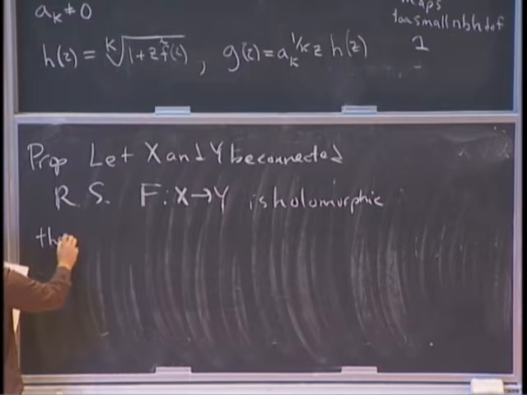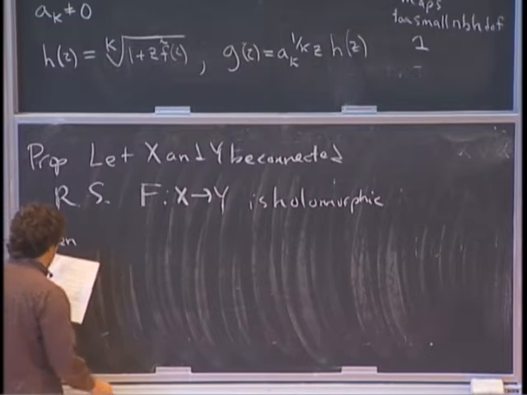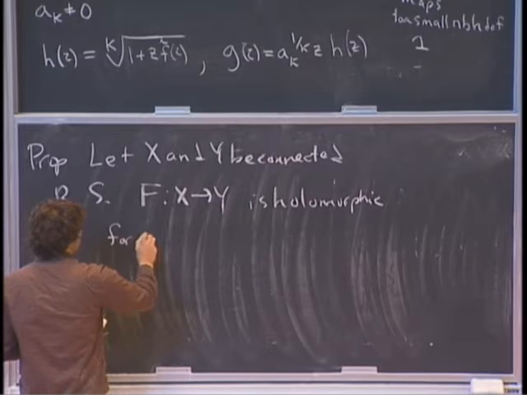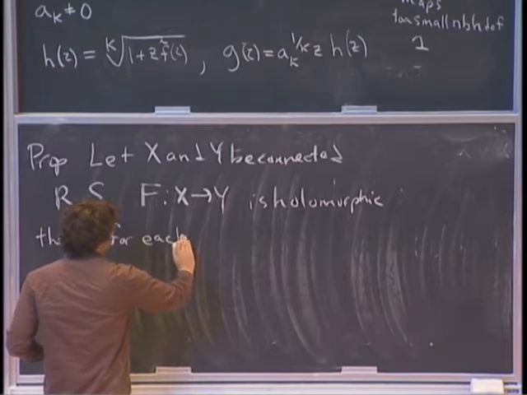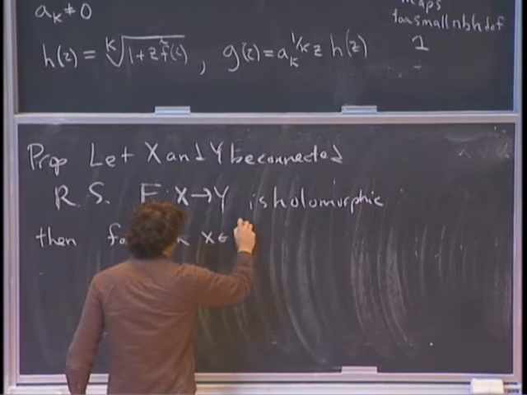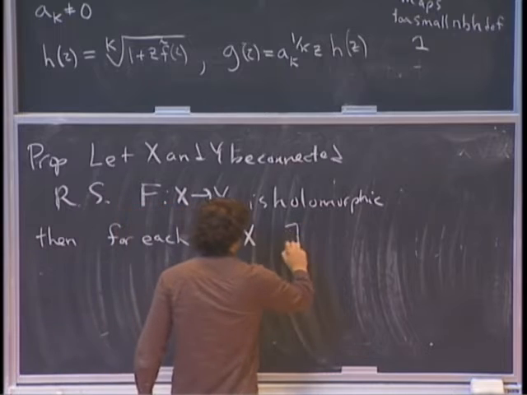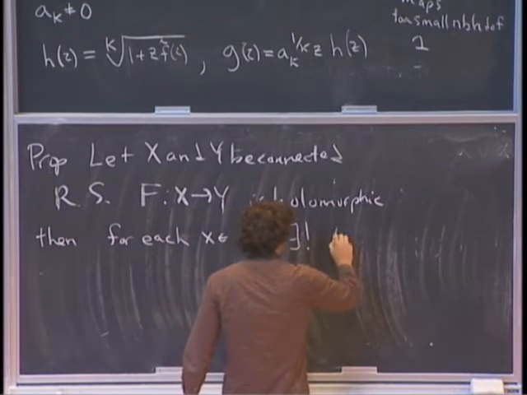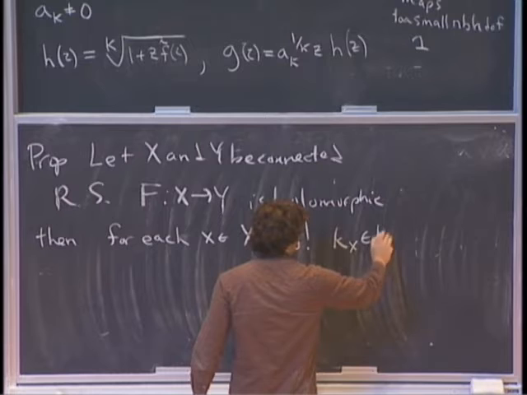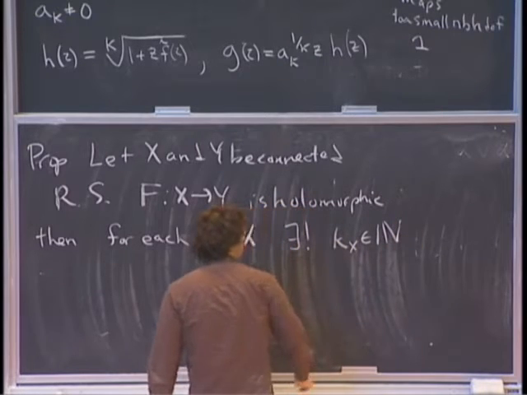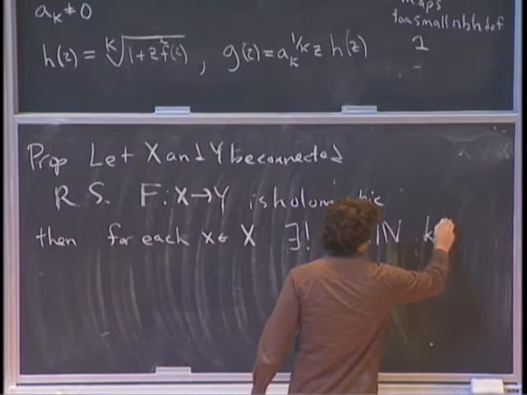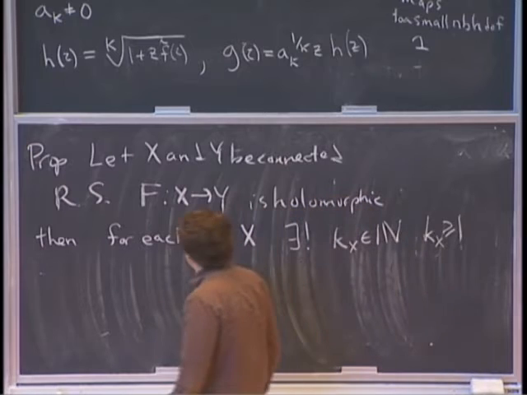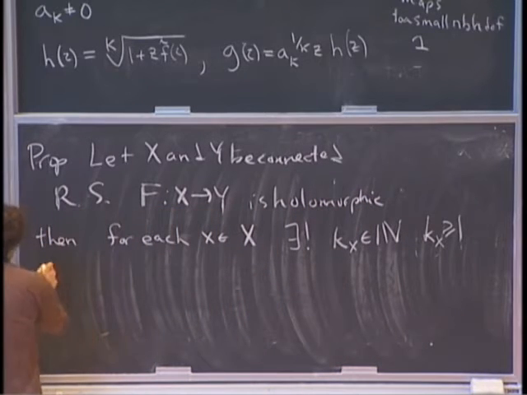Then for each x belonging to X, there exists a unique integer k_x,